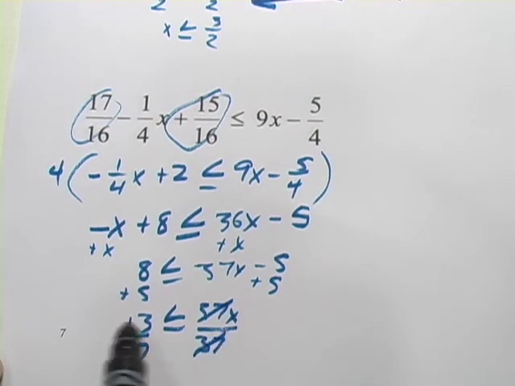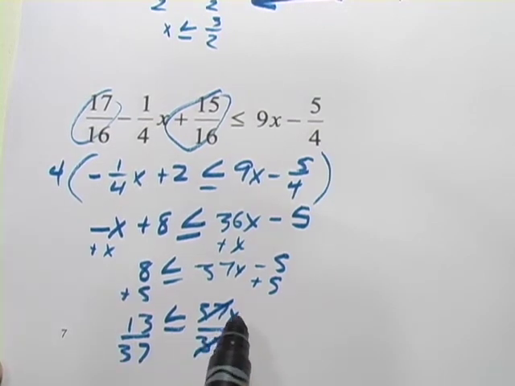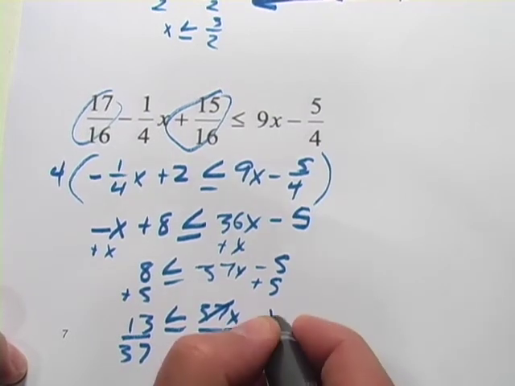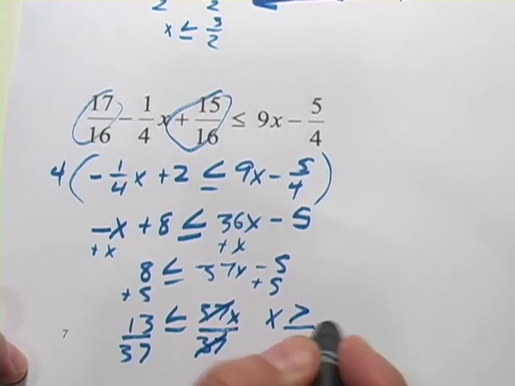Now I'm kind of reading this backwards because I ended up with x on the right side rather than the left, but I get x is greater than or equal to 13/37, and I don't think this is a fraction that I can reduce at all. So let me just write it the other way. This is really the same thing. X is greater than or equal to